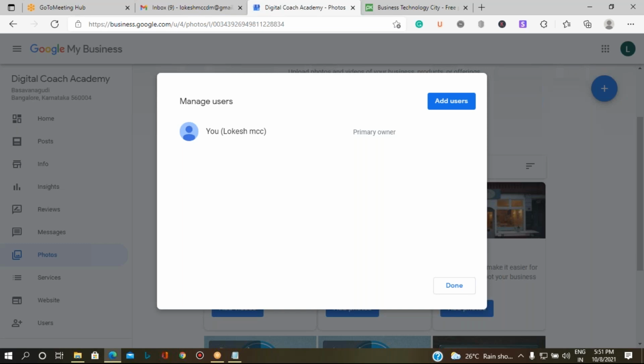So is there anyone who is ready to give their email ID and its password? People are ready to give the email ID, but is anyone ready to give the password of their email ID? Is there anyone in this room?